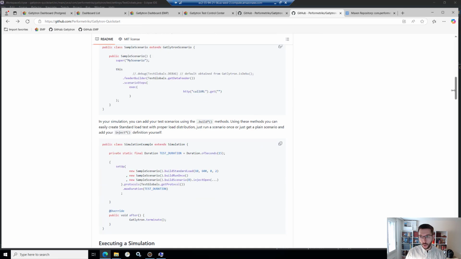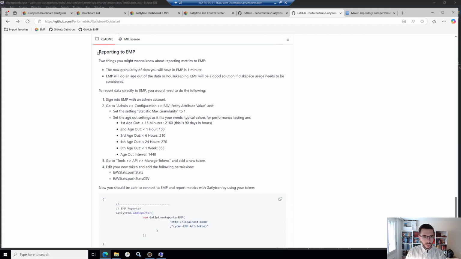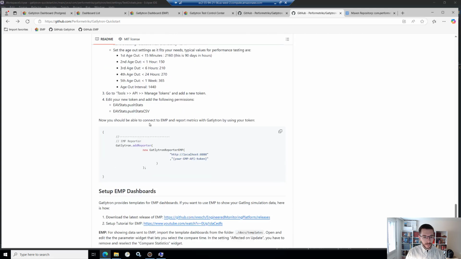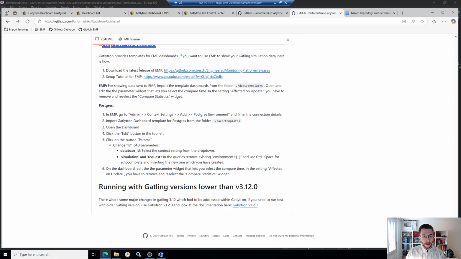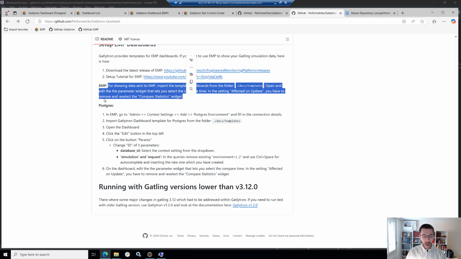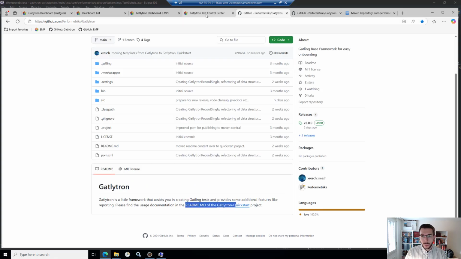Just make sure that you check the things here. Here, set up EMP dashboards. Here you get a little bit of an introduction on what you have to change with the dashboards, because they are just templates, so you have to change one or two things so that they work. Good. So